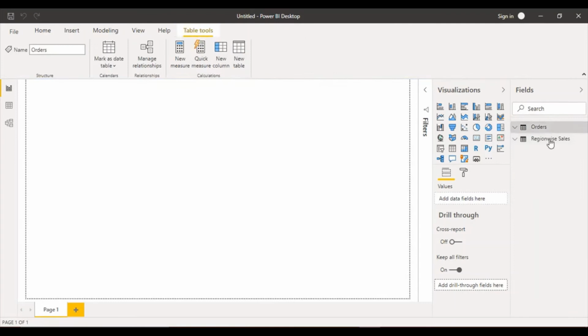Now you can see that we have got two tables in this fields section. One is the orders table that we had loaded earlier, and the other is the region wise sales table that we have just created. If you drop it down, there are two fields, region and sales, which we have just created. So let us use a simple column chart